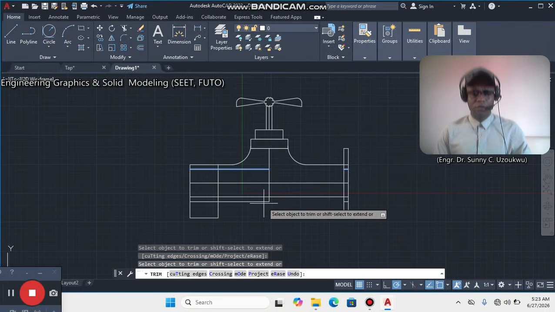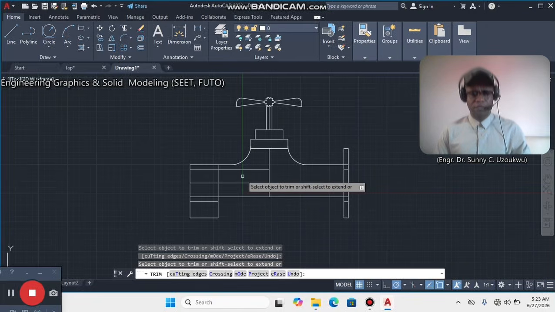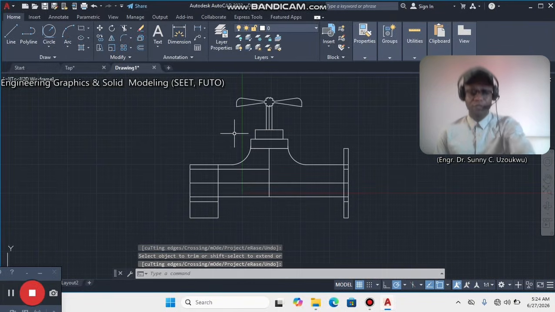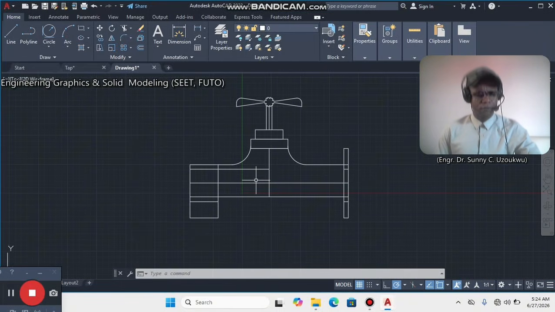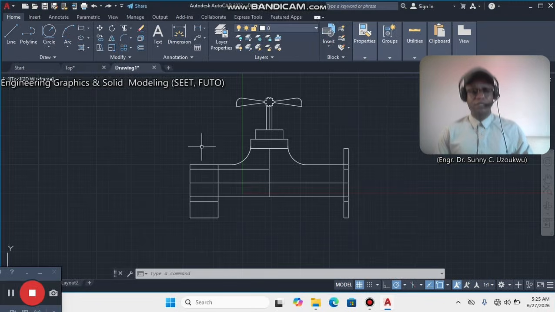This is not needed, and then this is not needed. This is not needed. Okay, so then we may not need the top, but before then we can always insert our circle. Now how do you go about the circle? Okay, I think the major step to take now, reasonable enough, is to insert the circle that will produce the needed curve at the lower